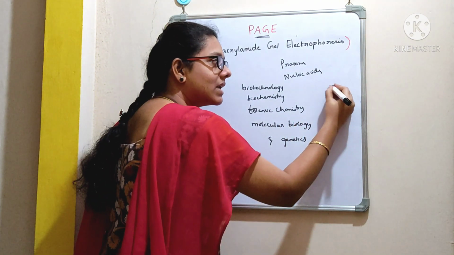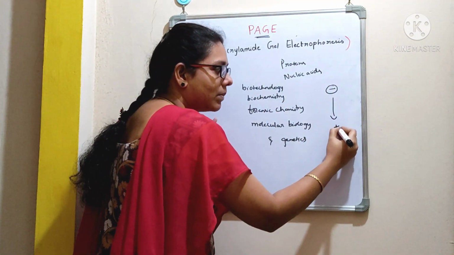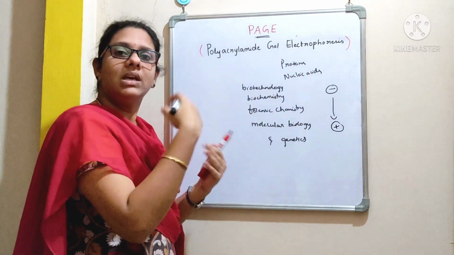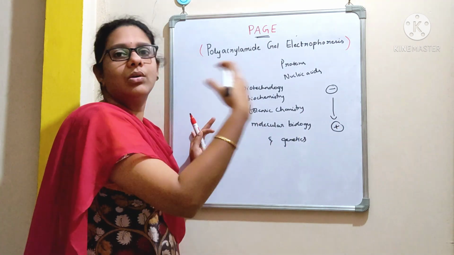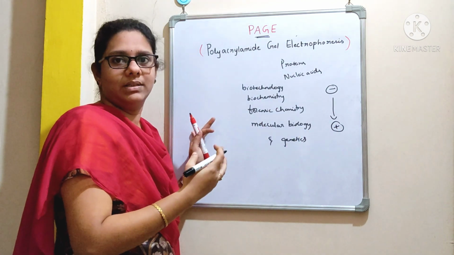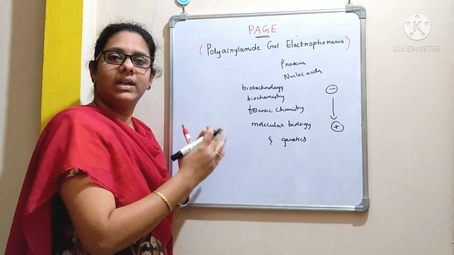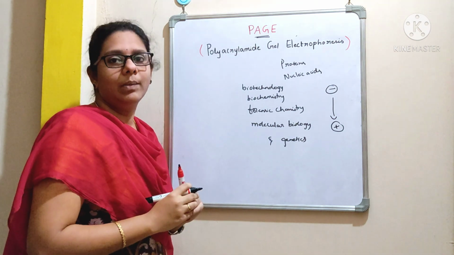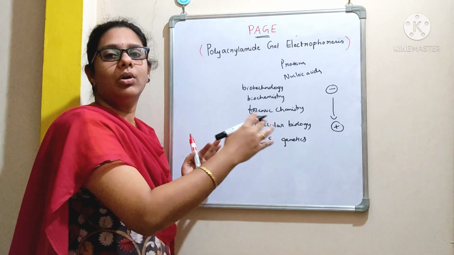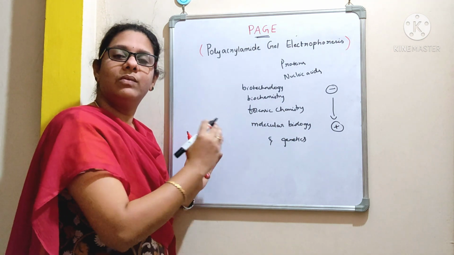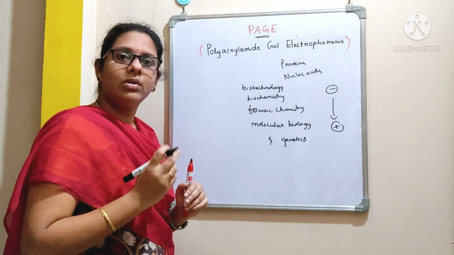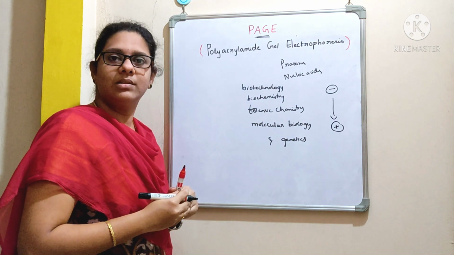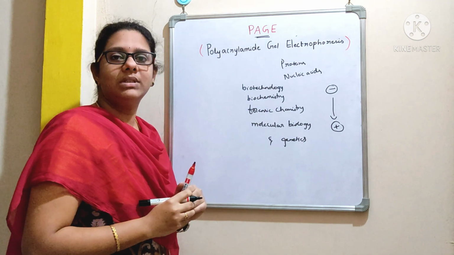So the molecules which carry the negative charge will migrate towards the positive charge, that is from cathode to the anode. After running the gel, we can easily visualize the DNA bands or the protein bands followed by staining methods. By using polyacrylamide gel electrophoresis, we can easily separate the proteins. We can determine the molecular weight of a particular protein by comparing it with a marker. And if we want to assess the purity of a protein, again this technique is useful. Let's talk in detail about this technique.